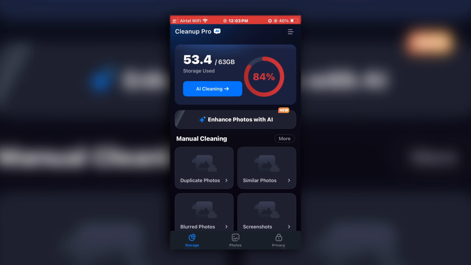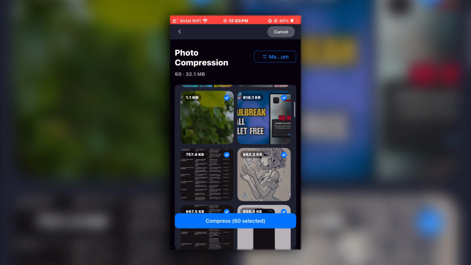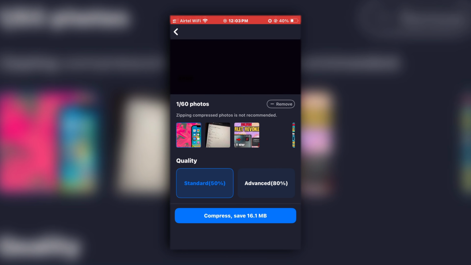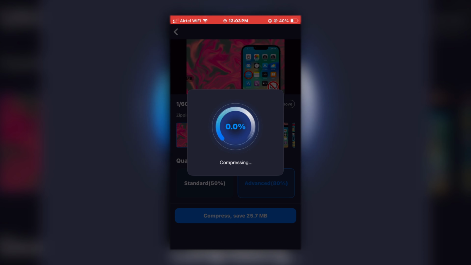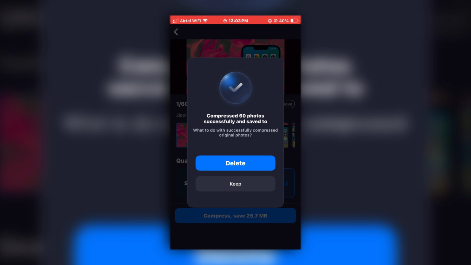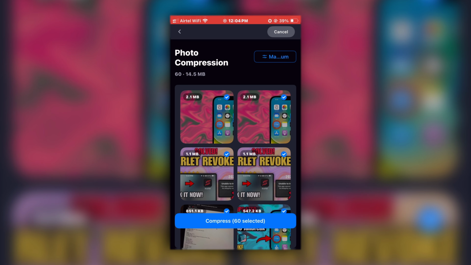Now let's have a look at another feature, that is photo compression, where all the large photo files are gathered in one place. All you have to do is select the file that you want to compress, then click on compress selected files at the bottom and then choose the standard or advanced quality. And here is the best part, the quality won't be lost. It will be the same as the original, just a few pixels reduced to minimize the size. After compression, you will get two options, delete or keep. It's better to select delete to free up the unnecessary space taken up by the duplicate version of the files